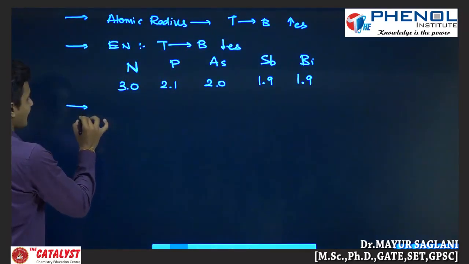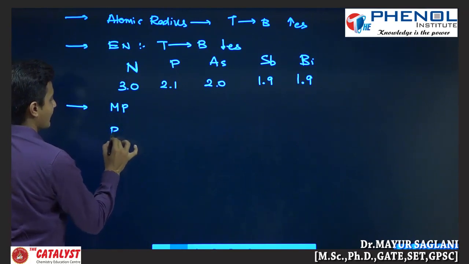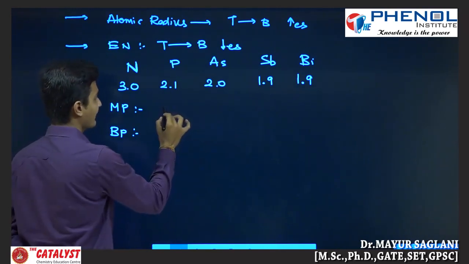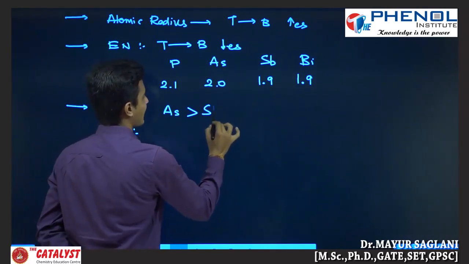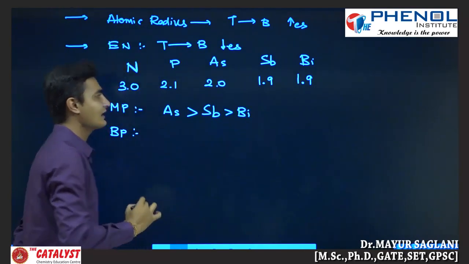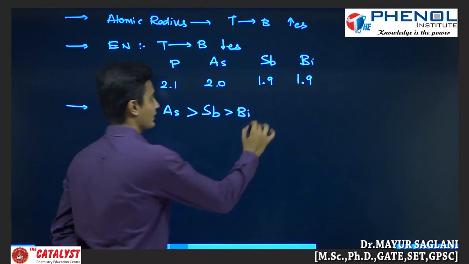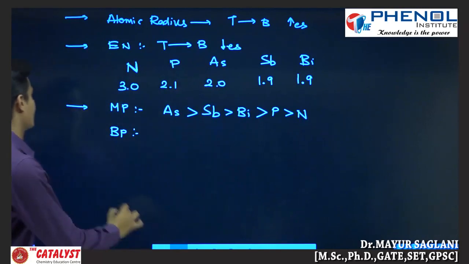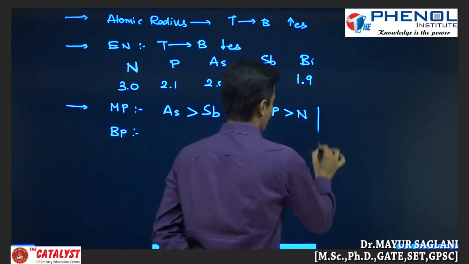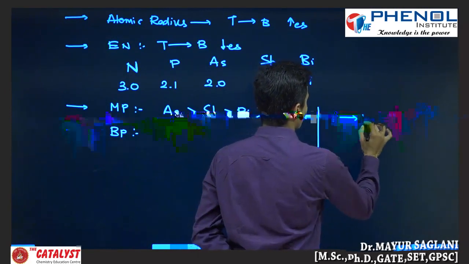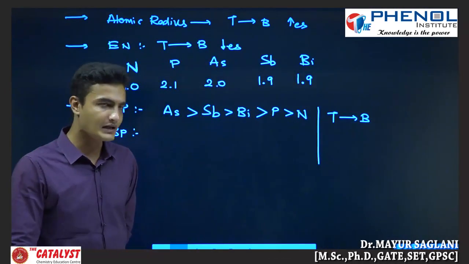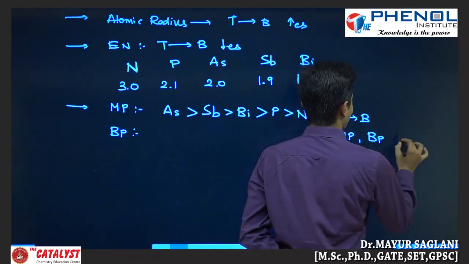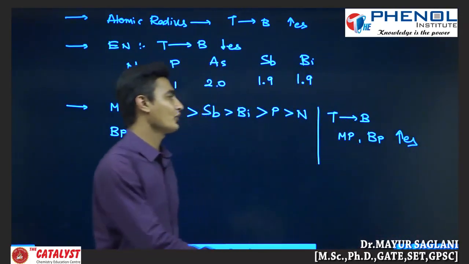Fine. Next we see, if we write about melting point and boiling point, then there will be some change in the order. In the melting point, arsenic and bismuth have changed their position. From now we will see top to bottom for the melting point and boiling point. What is the general order? Here from top to bottom, as you go from non-metallic to metallic, the melting point and boiling point increase down the group.